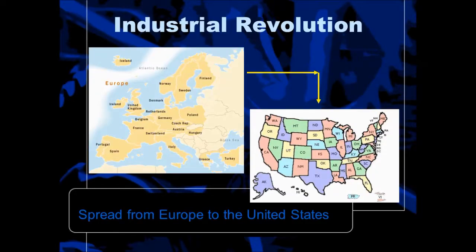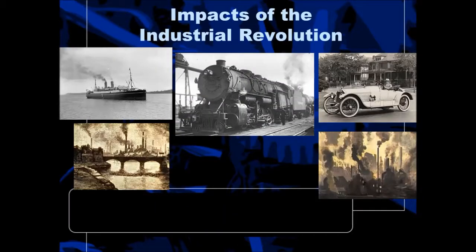One more time, I want to take a moment to remind you that the Industrial Revolution actually started in Europe and then spread to the United States, not the other way around. People tend to forget that. Now, impacts of the Industrial Revolution were good and bad. You can see from the pictures here, it did improve transportation. We have safer trains, safer boats, cheaper for trade. Cars are going to come out of it, but it's also going to cause lots of environmental pollution. So those are two of the big impacts of the Industrial Revolution on a broad scale. But we're also going to get into what happens to families because of the Industrial Revolution and to individuals.